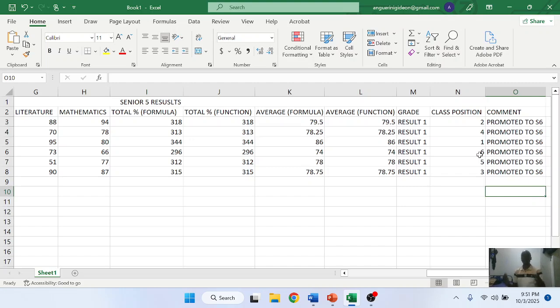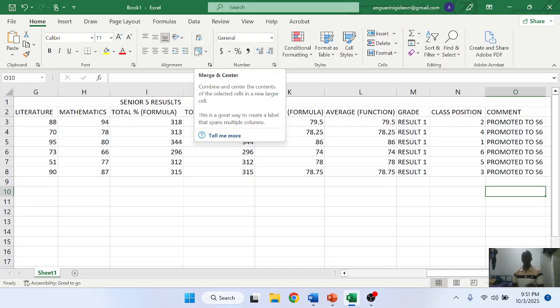Otherwise, there are very many other errors, but I've chosen to mention the common ones. We have #DIV/0!, we have #N/A, which is not applicable, #NAME?, we have #NUM!, #REF!, #VALUE!, and we have the 6 hashes. And then please practice this and learn more,